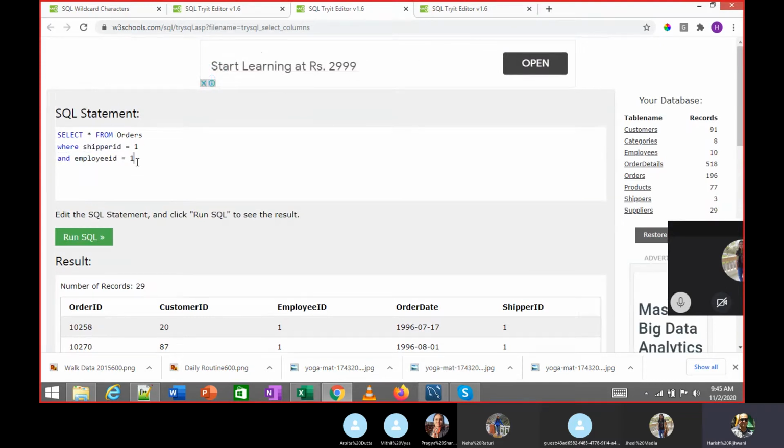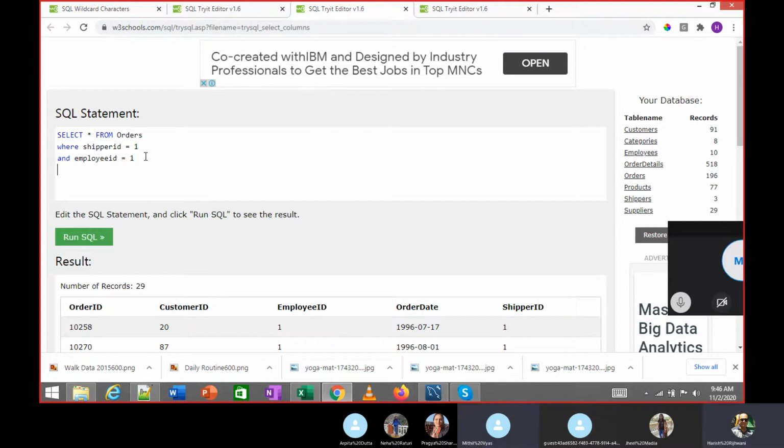I have added this AND condition in the end, where I am adding another condition. Make sense? I've added two conditions in this case now, where shipper ID equal to 1 and employee ID equal to 1. So, sir, can we add multiple ANDs?